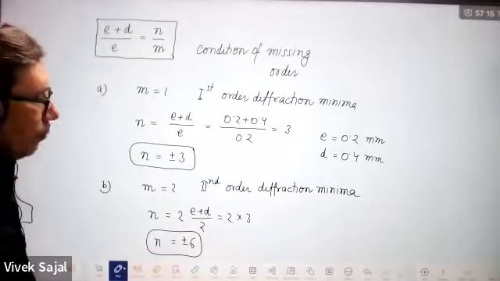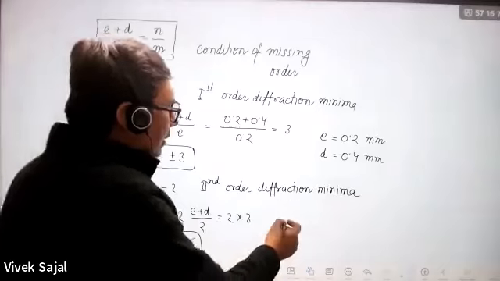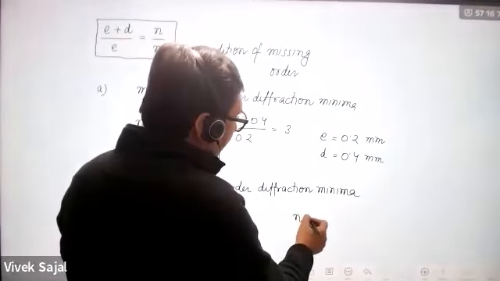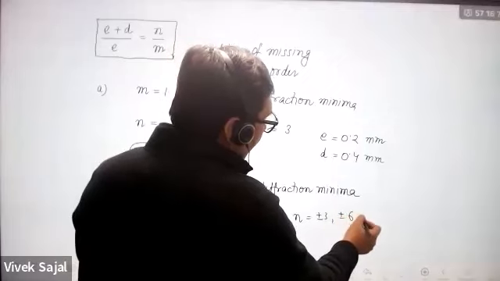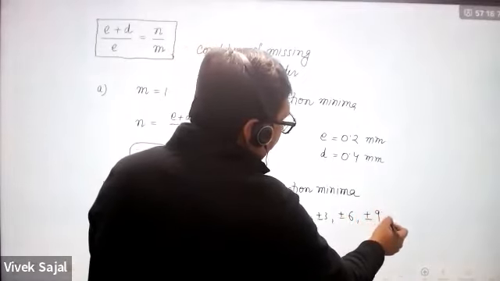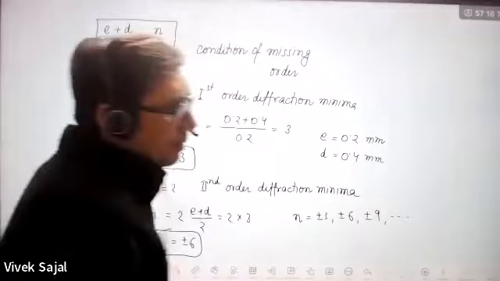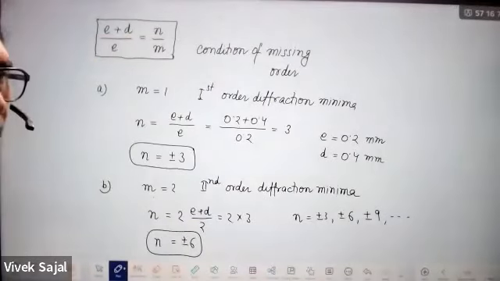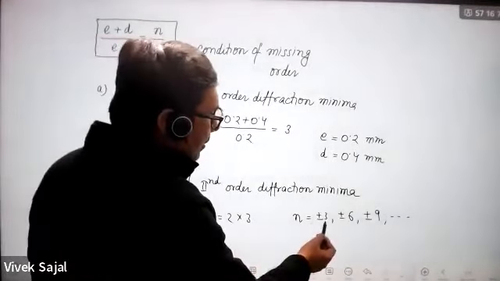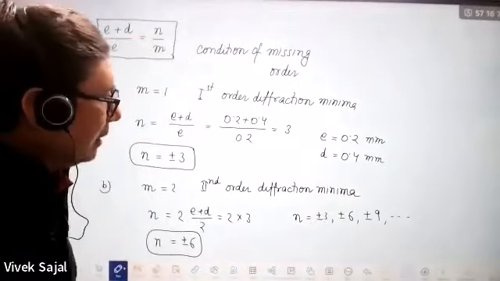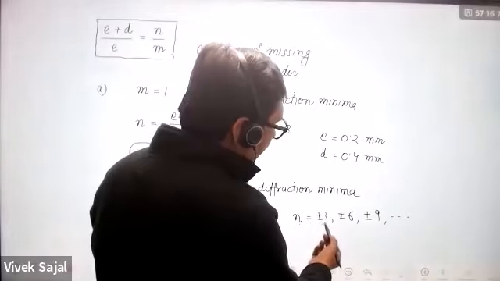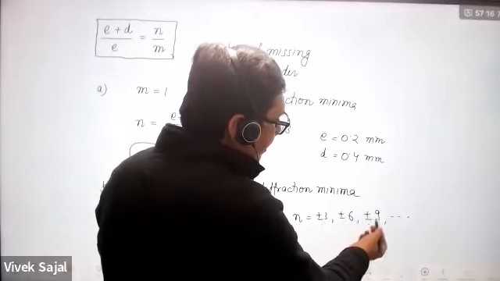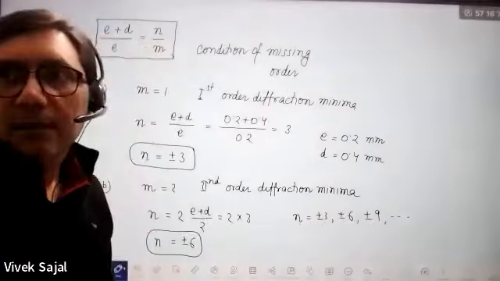Missing order. So what will it be if you write n equal to 3? The missing orders will be plus minus 3, plus minus 6, plus minus 9. They will be the missing orders. So what is the meaning of missing order? If the plus minus 3, plus minus 6, plus minus 9 are the missing orders,